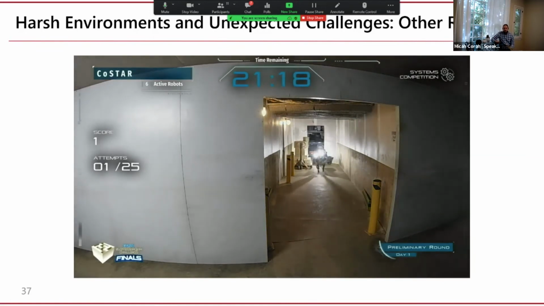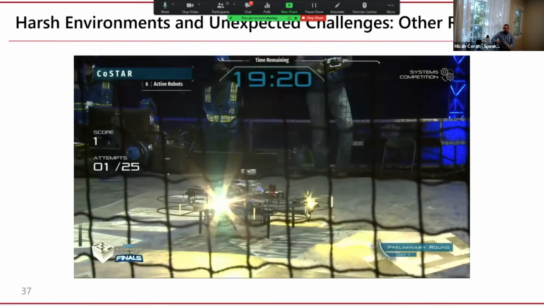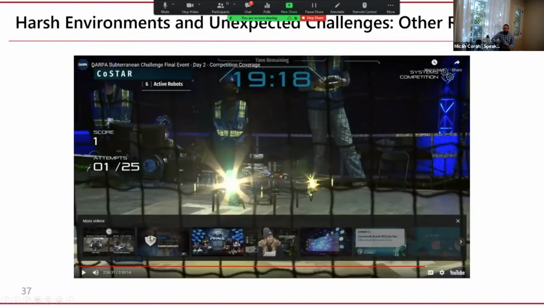So in this narrower competition environment, we encountered much more conflict and crowding between robots than in our previous field tests. And we actually decided to reduce the number of robots we would deploy after the first round, as we had not developed robust methods to reassign, reroute, or otherwise deconflict robots operating in close proximity.